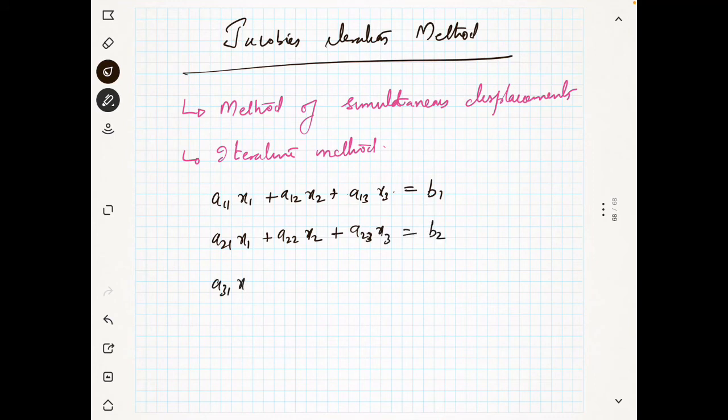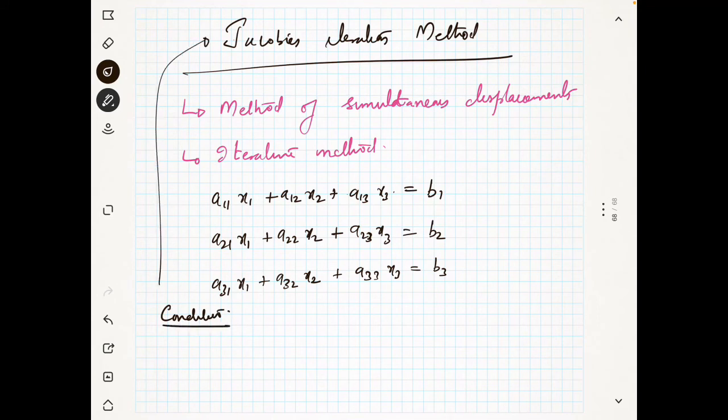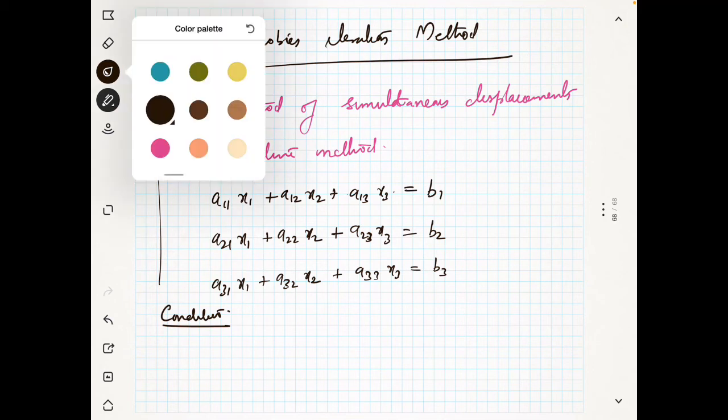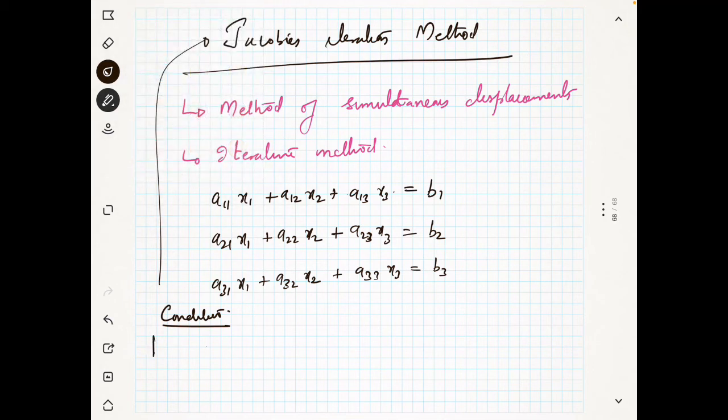Now a31 into x1 plus a32 into x2 plus a33 into x3 is equal to b3. For solving these kind of equations by using this Jacobi iteration, we have some conditions. What are these conditions? The magnitude of a11 should be greater than